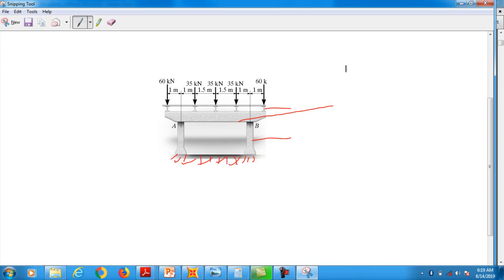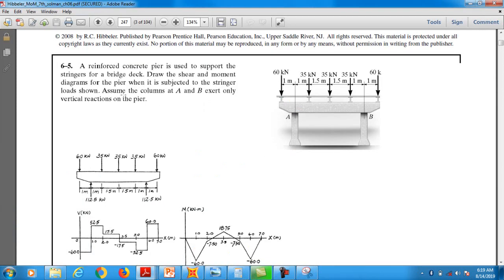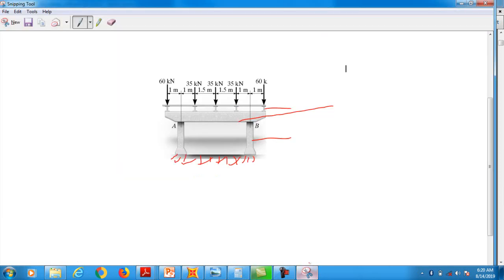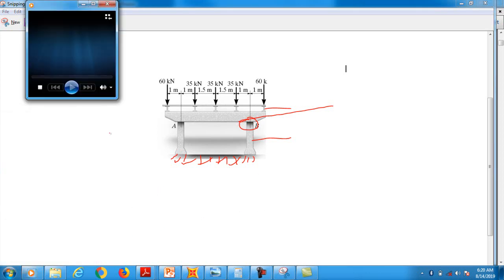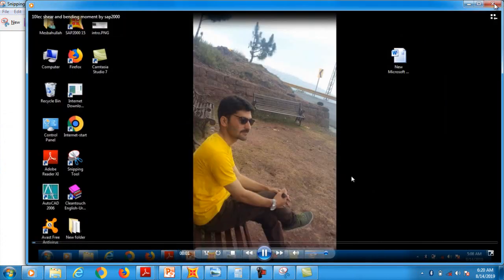Now the question basically tells us to assume that columns A and B at this point exert only vertical reactions on the pier shaft. So this means that there is no kind of fixed support, or any other connectors there. They are just the column and pier shaft, working like a